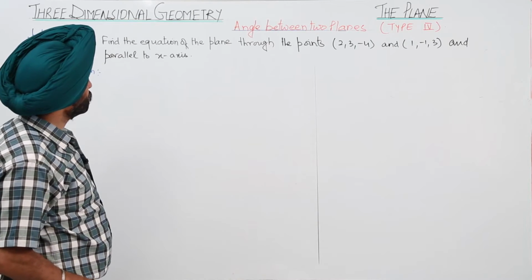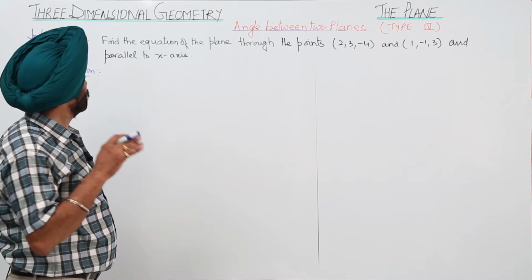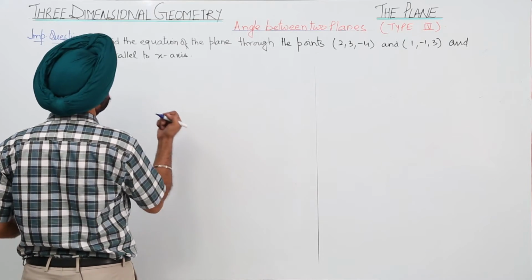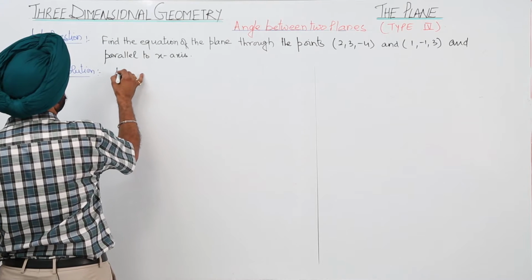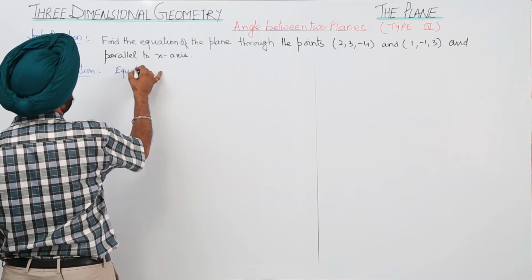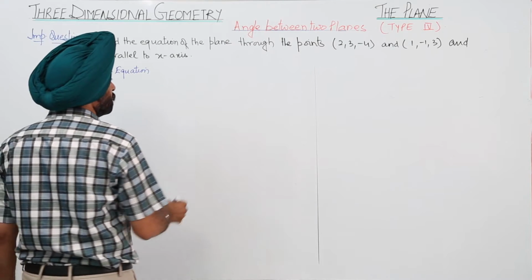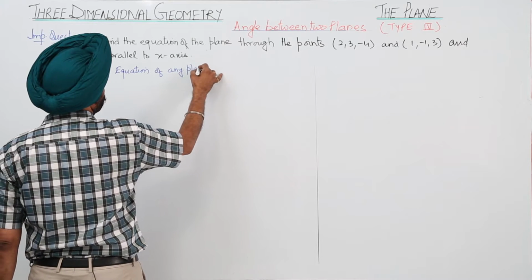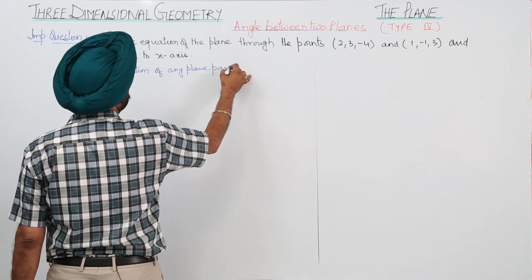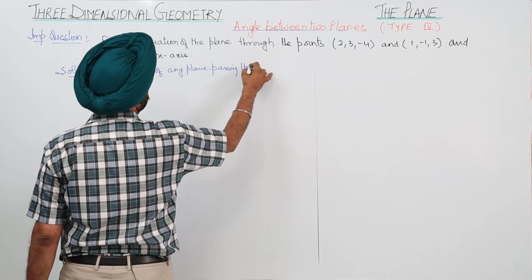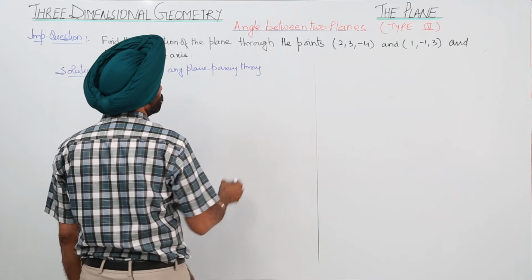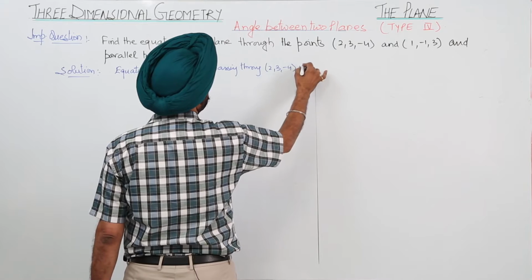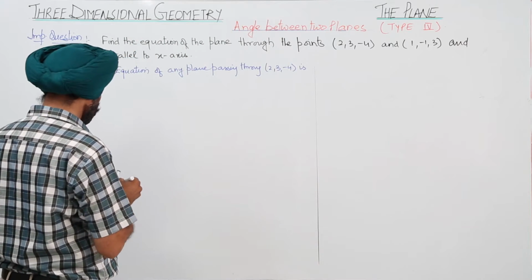Now we have to find the equation of a plane passing through two given points and parallel to x-axis. Now, the equation of any plane passing through (2, 3, -4) is, now the equation is